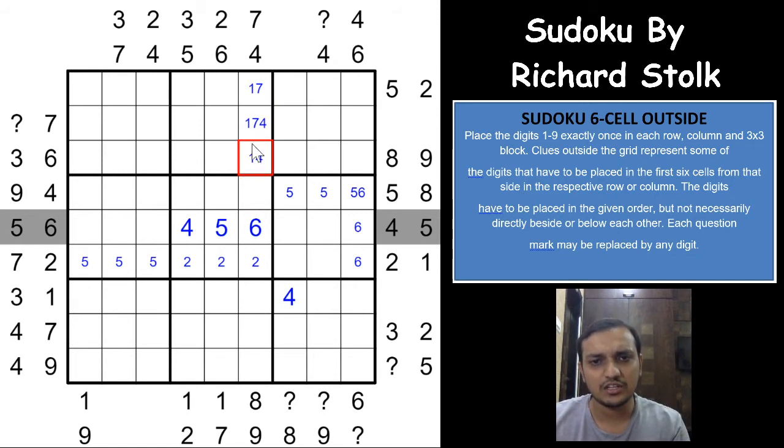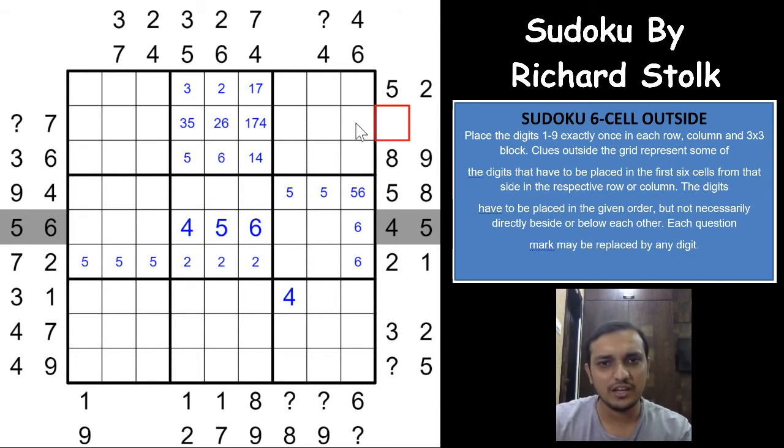So you cannot have a 7 here. If you have a 7 here, you will need to have 4 somewhere in these three cells, not possible, right? So 7 would have to be in one of these two cells, and after the 7 you will have a 4. Same way with the 6 here, you cannot have 6 in any of these three cells, which means that after the 2 you will have 6 somewhere in these two cells. Same way with the 5 here, nice. So after the 3 you will have 5 somewhere in these two cells, right? That's a really good logic.